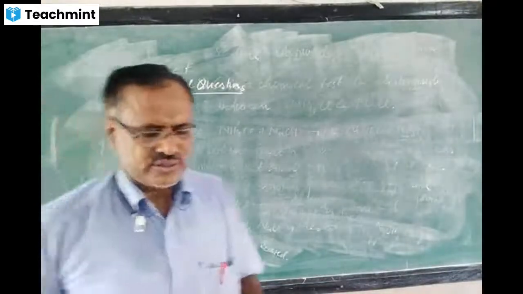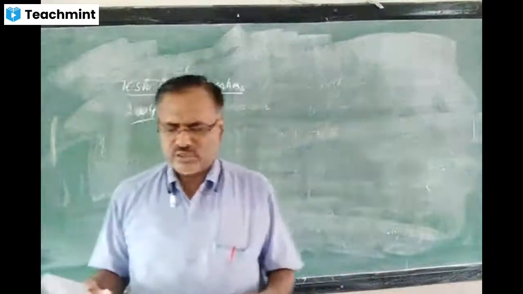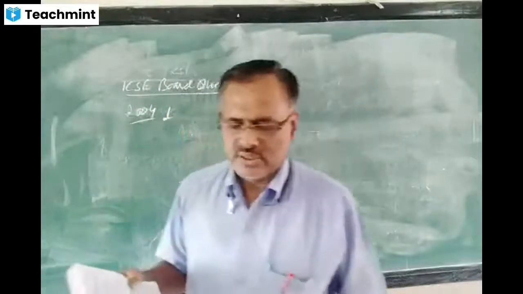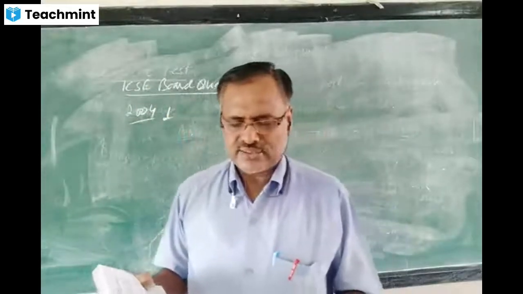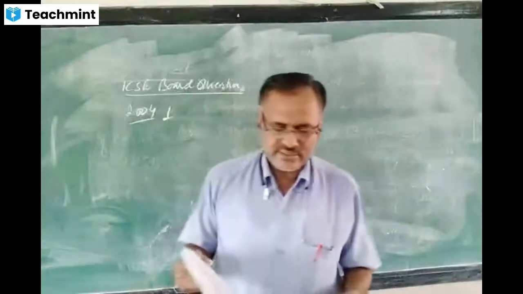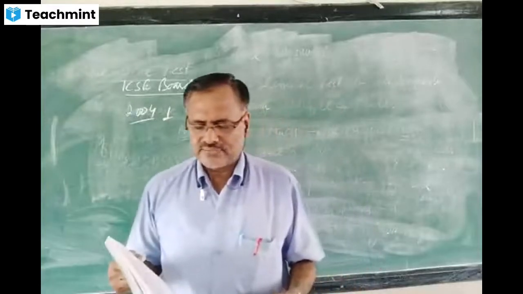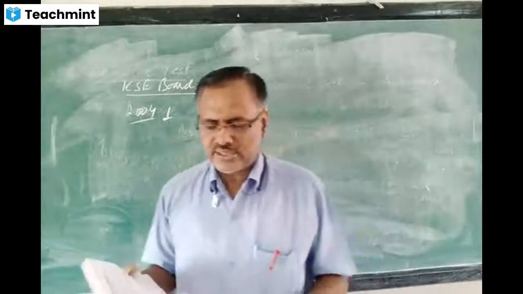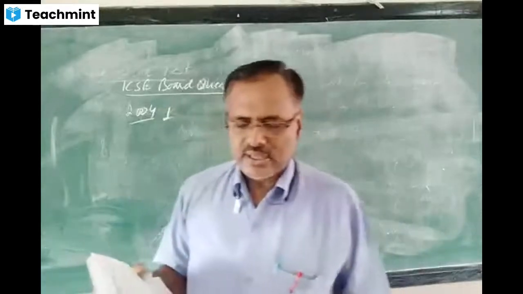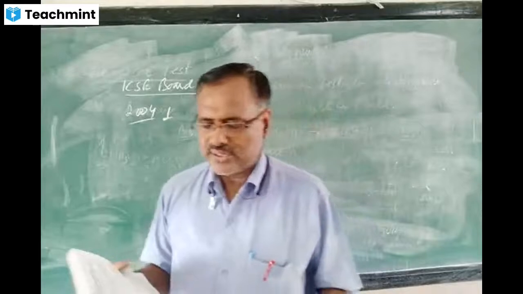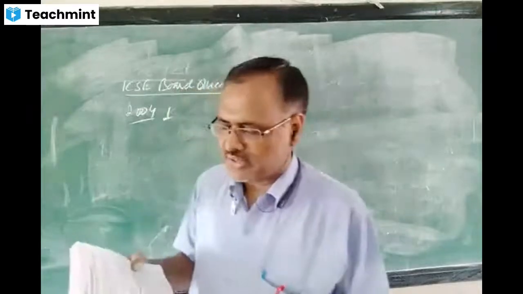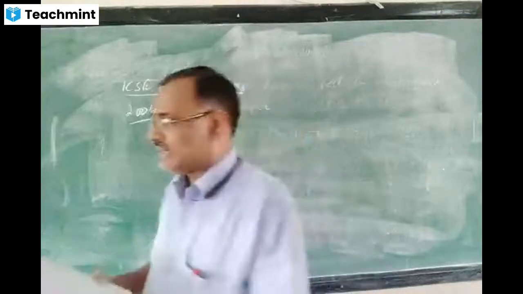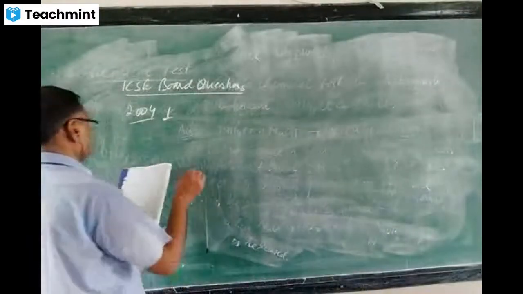First question: sodium hydroxide solution is added first in a small quantity, then in excess, to the aqueous salt solution. First is copper sulfate, second is zinc nitrate, then lead nitrate, and iron three sulfate. State in each case the color of the precipitate when NaOH is added in small quantity, and the nature of the precipitate, soluble or insoluble, when sodium hydroxide is added in excess.